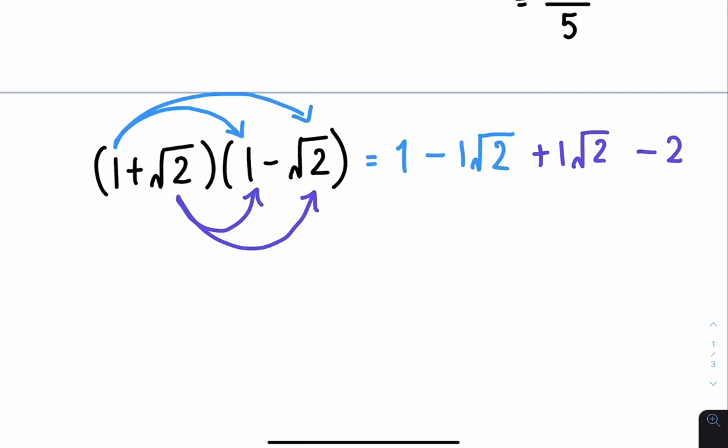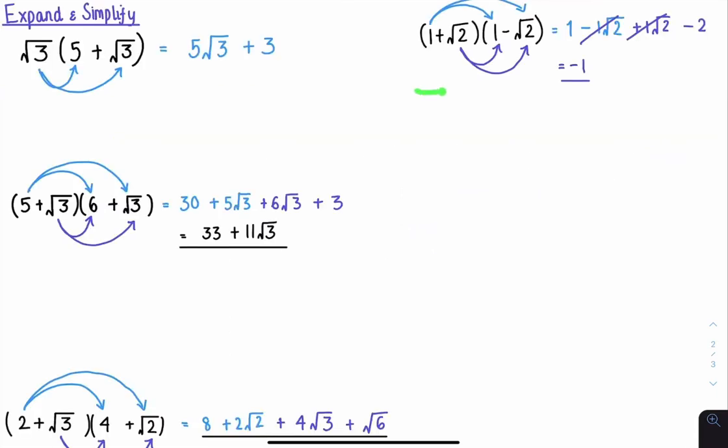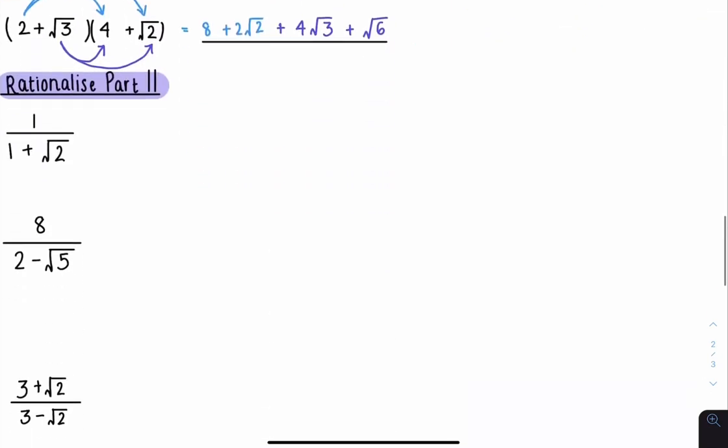Now let's simplify. So 1 minus 2 gives you minus 1. And then minus 1 root 2 plus 1 root 2 just cancels out. So this is your final answer. Keeping this example I just did in mind, let's go on to the final section of this video, which is